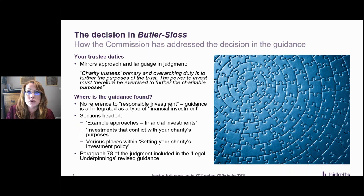And I was a member of the Charity Law Association Working Party that did a review of the guidance before it went live. It was the user testing phase. And one of the things that we highlighted was that this particular point in the judgment really does need to be drawn out. So I'm delighted to see that the Commission included this section in the final guidance, because it